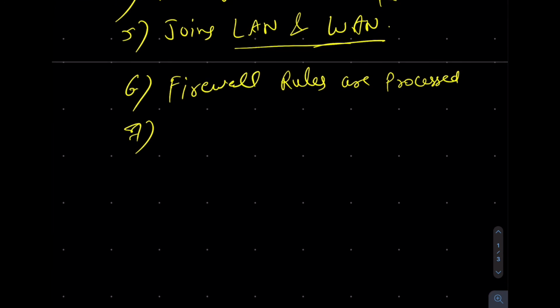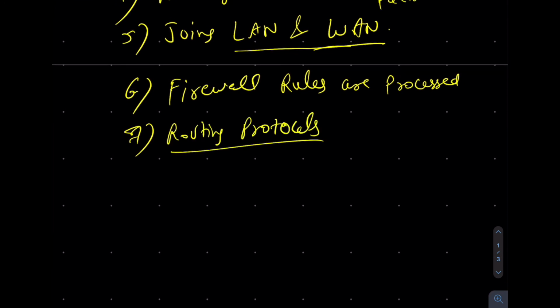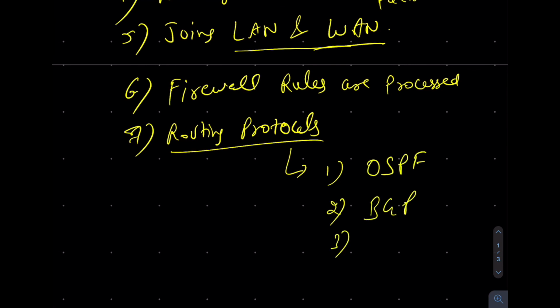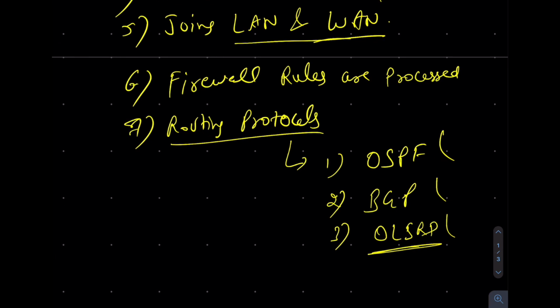And there are some routing protocols. There are many routing protocols a router generally works on. One is OSPF, there is BGP, and there are many others, like the protocol OLSRD, the Optimized Link State Routing Daemon. It's a daemon, but it performs dynamic routing like OSPF and BGP do. So these routing protocols are nothing but how the router is going to communicate over the internet. If multiple routers are communicating with each other, what are the rules and regulations they are going to consider while communicating.